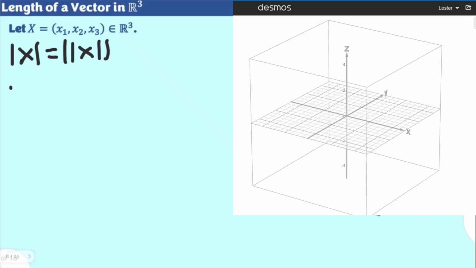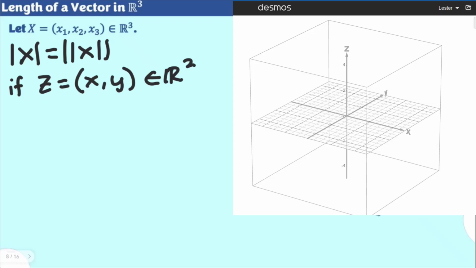And if we are going to have here, let's say a certain vector z in R2, let's say we have x and y components, okay? Let's just focus first on R2 and allow me to use x and y components so that we could introduce this later on as part of our proof. We know that the length of vector z in R2 is actually the square root of the sum of the squares of the components x and y, okay? So this is the formula for R2.